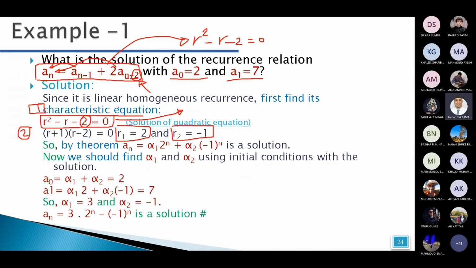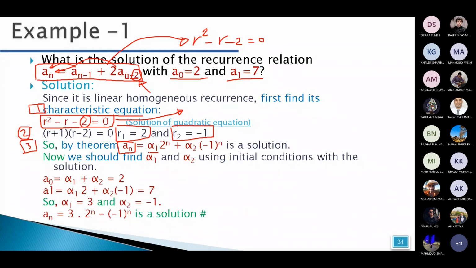Okay, so first step, find the characteristic equation. Second step, find the solution for the characteristic equation, like any equation in mathematics. Okay. Third step, depending on the theorem, we said that the solution a_n for the characteristic equation is